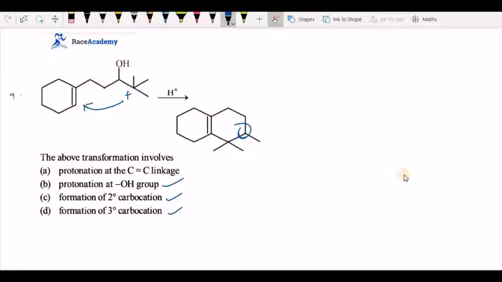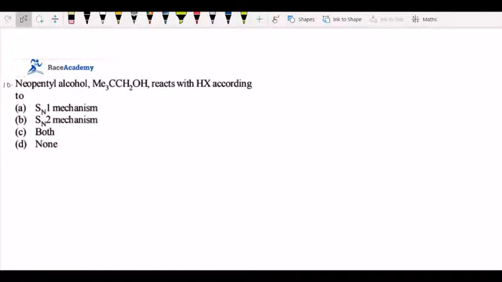So this is what we can say the right option for the questions: B, C, D are the right options for this question. In this question, neopentyl alcohol is given, which is reacting with this compound. This bulky group is there in this, reacts with this alcohol,